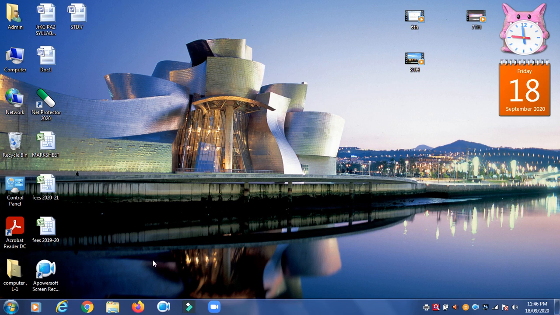Now the components of the desktop. The first one is the taskbar. Students, you can see the arrow. This is the blue line. This is the taskbar. It is at the bottom of the desktop and contains the start button, programs and applications windows which are pinned on the taskbar, and the system tray.